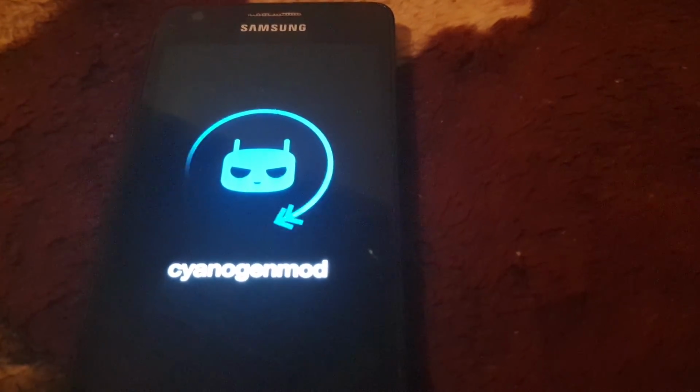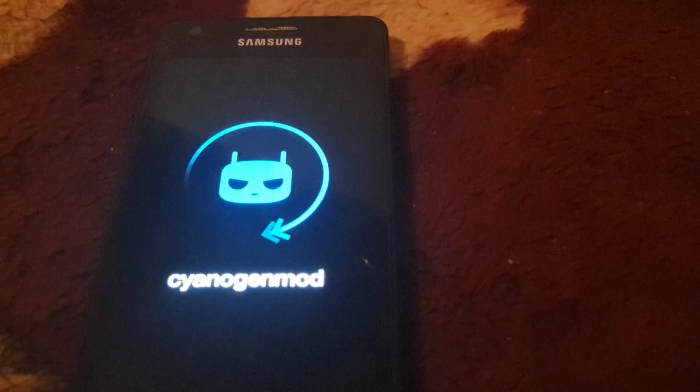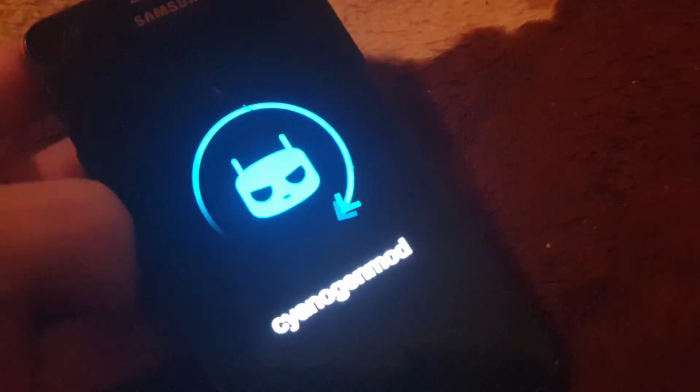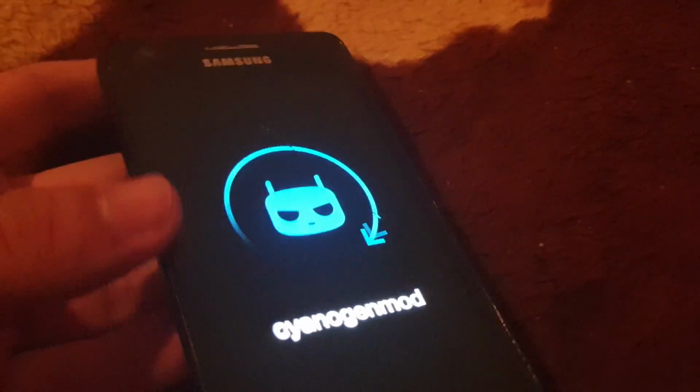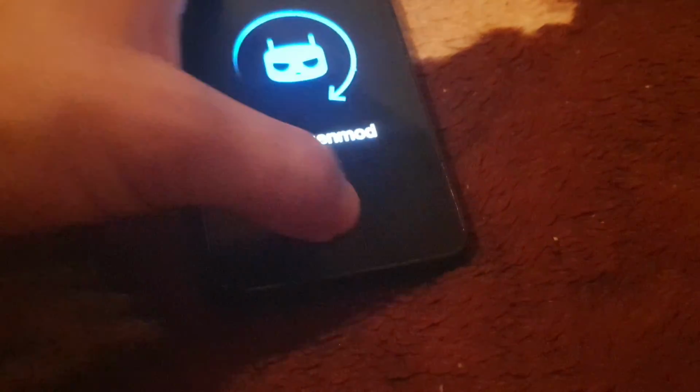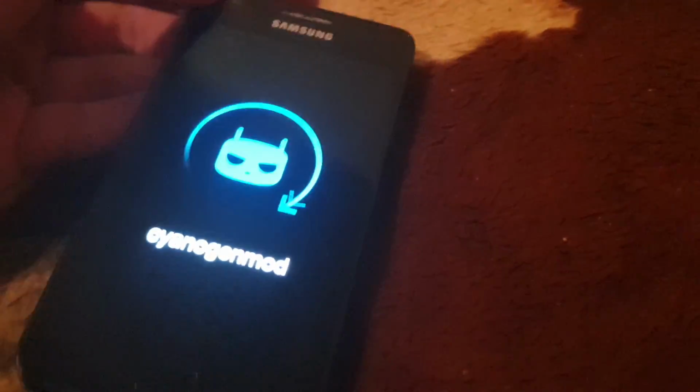It's going to take a few minutes to boot, but its boot animation is very nice. By the way, do you like this kind of CyanogenMod? But the stupid thing is not